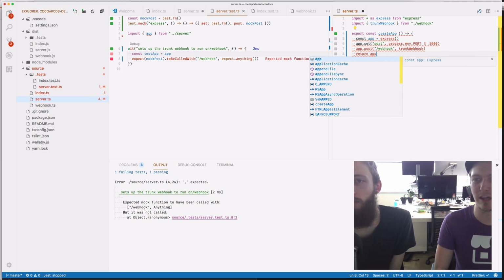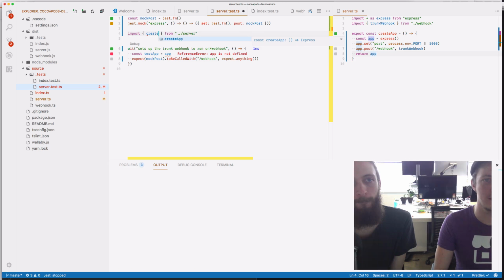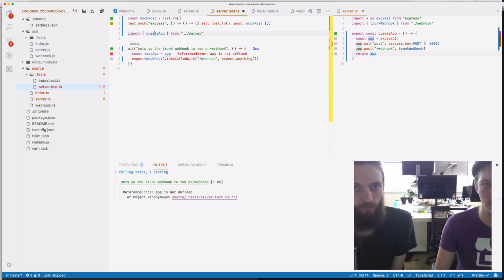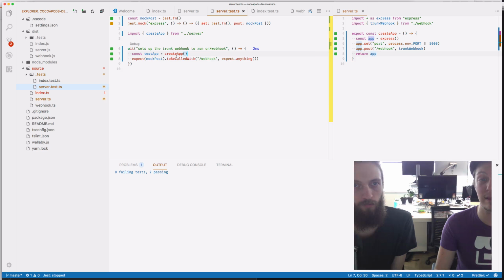What am I missing? Oh, I'm missing an equal sign. Okay, so now we have a function called create app that will return our app. So doing this will now actually say we're not working on side effects now. Yeah, I mean, we are working a little bit on side effects, but the side effects are being run inside